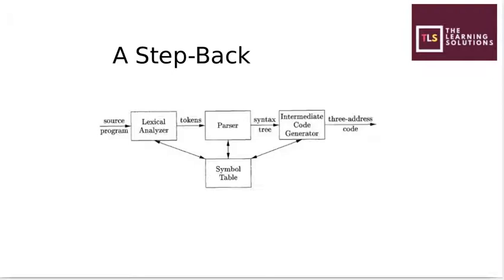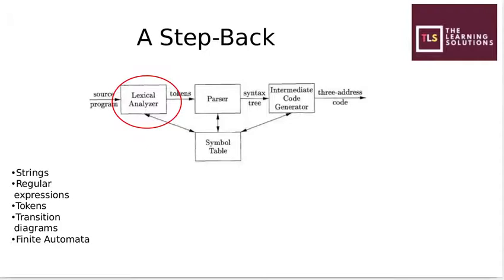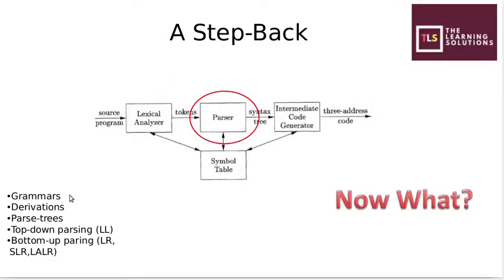So, this is the simple diagram of the parser. How does the parser work? It gets the input from the lexical analyzer in the form of tokens, and it creates the syntax tree, and this syntax tree will be useful to generate the intermediate code. The topic that was important in the given diagram is the lexical analyzer. We have seen these types of concepts in the lexical analyzer. Then we moved to the parser topic, and in the parser we saw various types of parsing methods, the main categorization being top down and bottom up parsing methods.